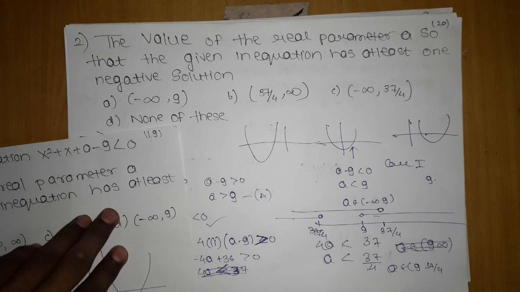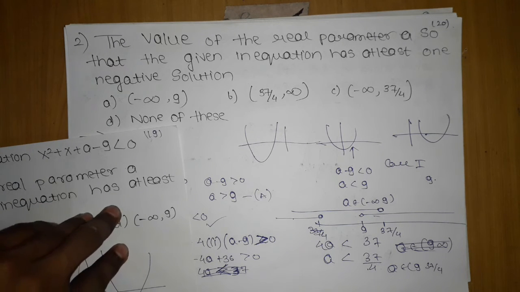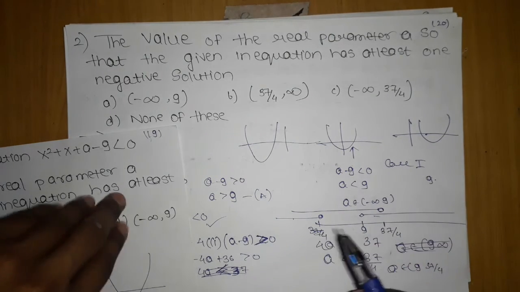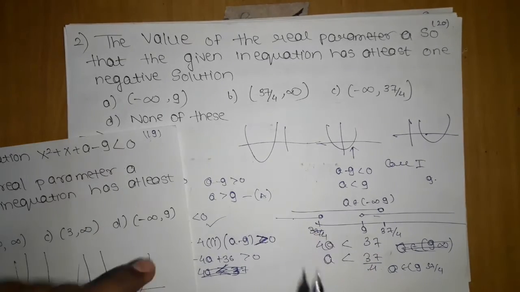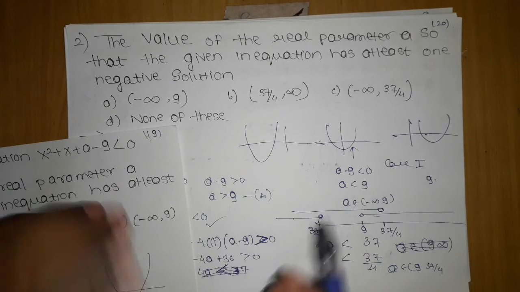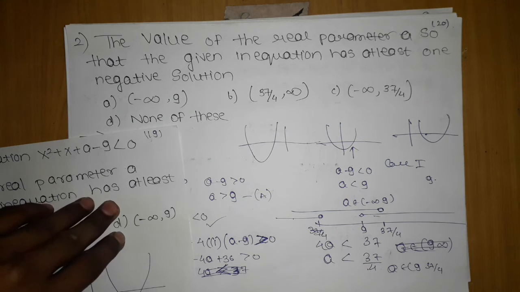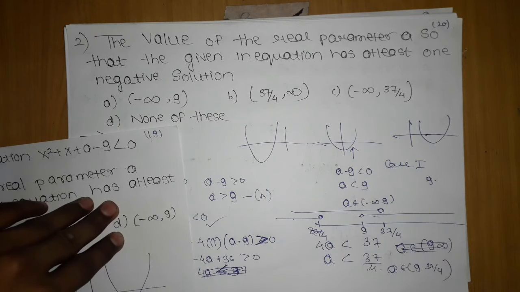Now listen to what I am telling. I have not taken D greater than or equal to 0. Why have we not taken greater than or equal to 0? Because from the answer I can see that it matches with the question. So you should adjust your answer with the question options. Such things you should be alert about, because you are preparing for JEE Advanced. So I got this answer.